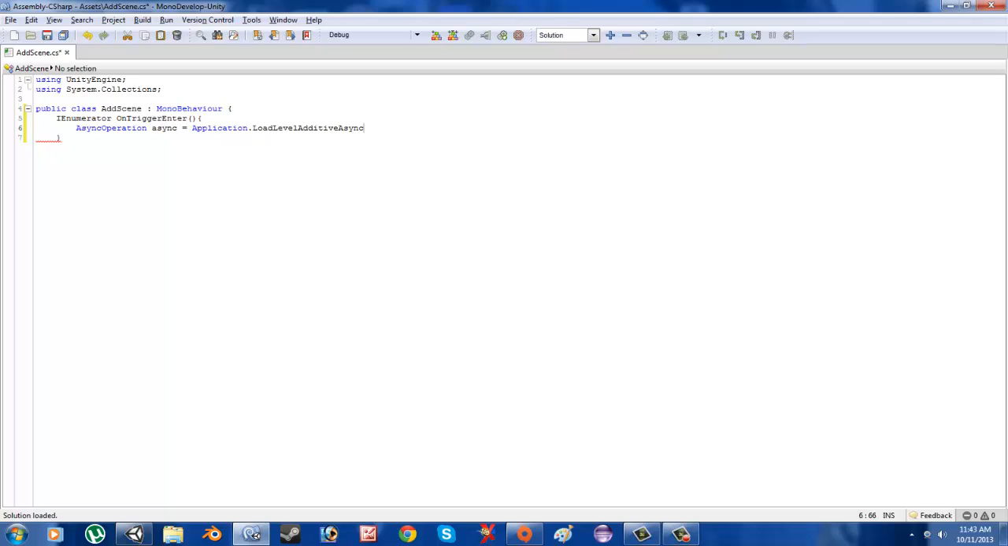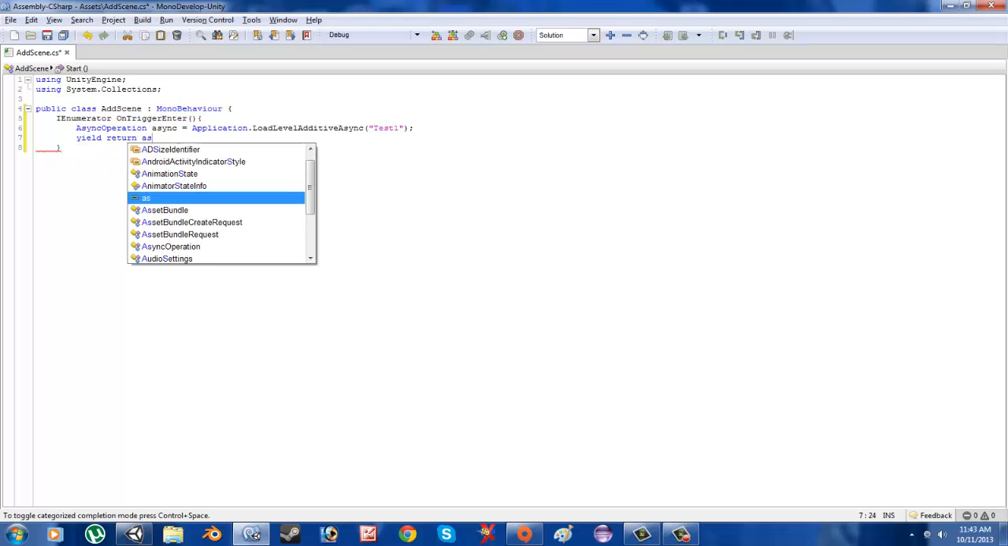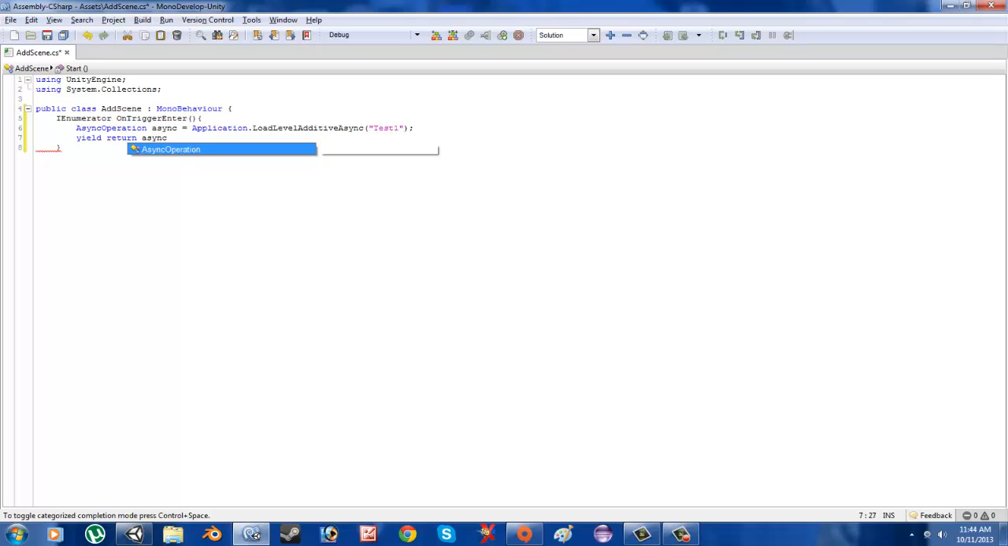So basically what it does is it loads the level on top of the scene that you're doing, but syncs it into the same scene so it doesn't instantly change over. And the scene we're going to want to add is going to be called test 1, I think. Test 1. And we're going to want to yield before we return. And what we're going to want to return is async. It is as simple